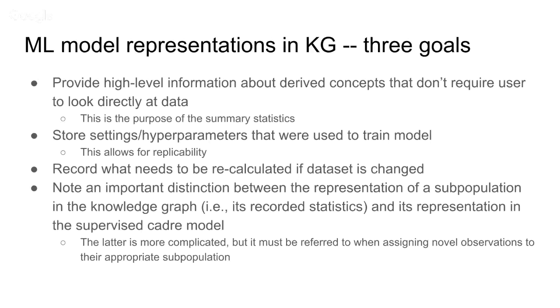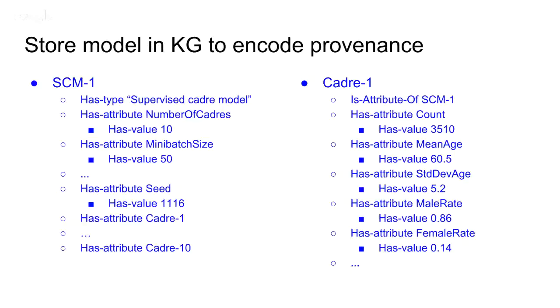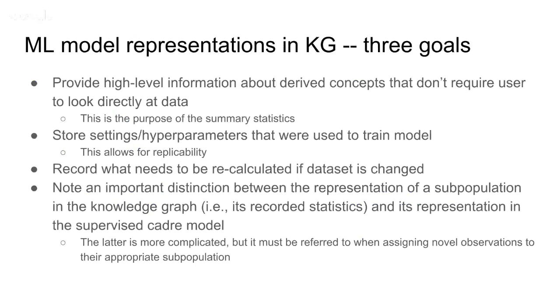So when we talk about the summary representation of the cadre, we're just looking at the people in it and calculating some summary statistics. This is not necessarily how the model works, and so it's not how the model actually assigns people to the cadres. If you have some new data and you assign them to their subpopulations, you can't just look at the average age and the standard deviation of age. You need this more complicated mathematical framework. But if you're only at the descriptive level, then oftentimes this cohort-specific data is sufficient.